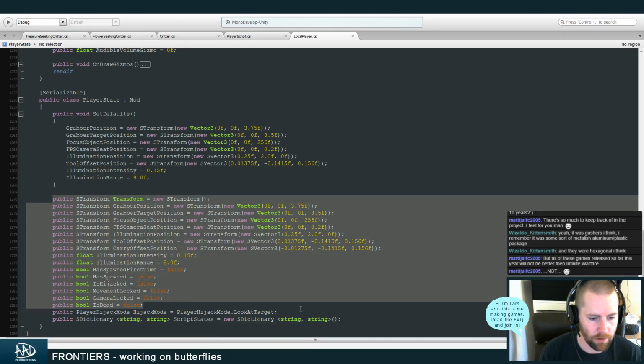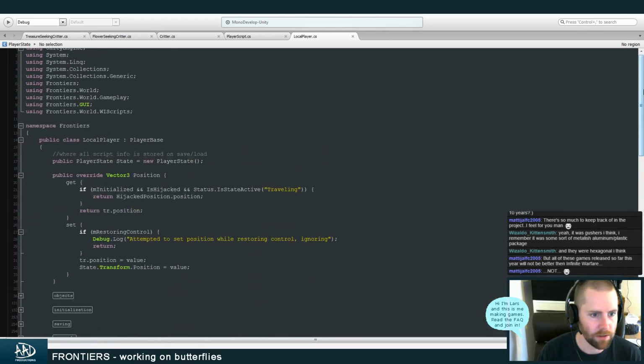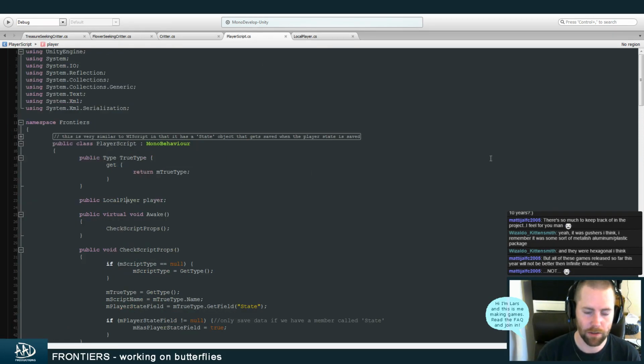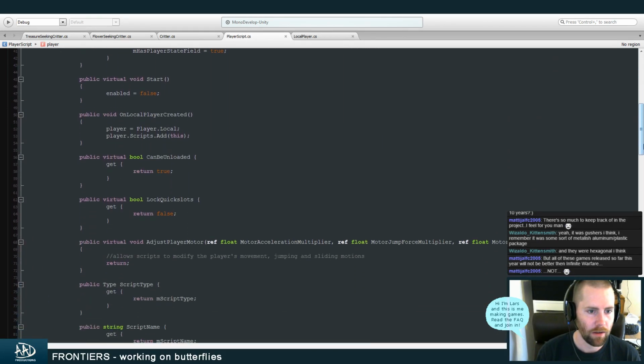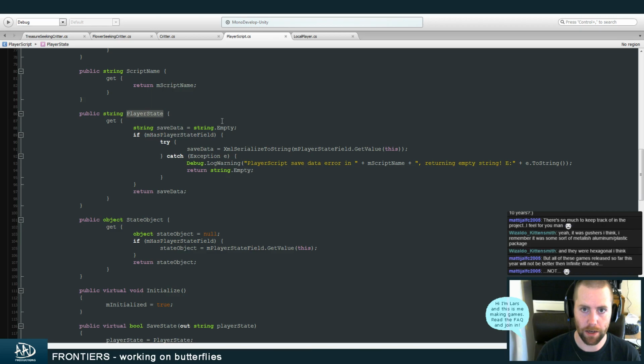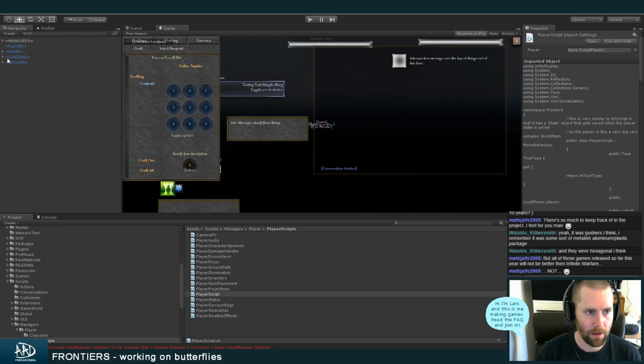These are the basics, and this dictionary is the script states. And the script states work just like a world item script, where if I have a state defined, an object called state that is serializable, I can load and save that to and from XML in this dictionary. So to make this simple,